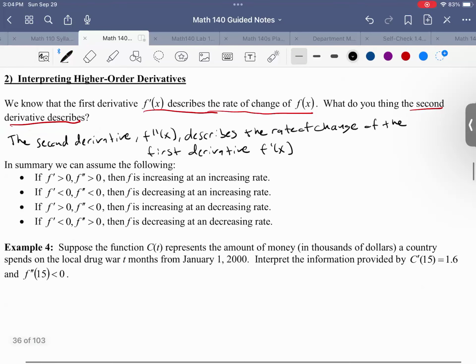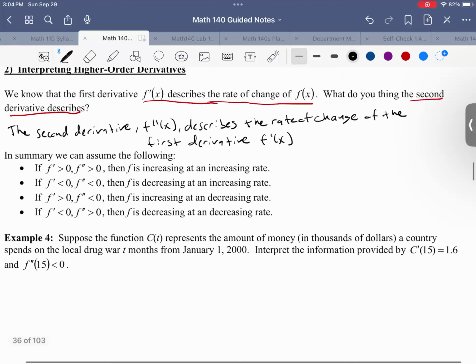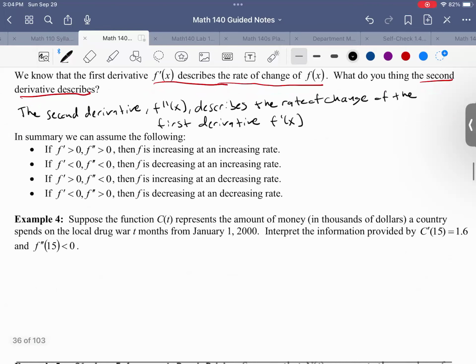So our second derivative describes the rate of change of our rate of change, in a sense. So here's a little summary table that helps us